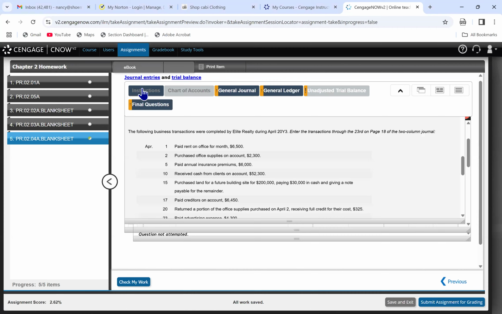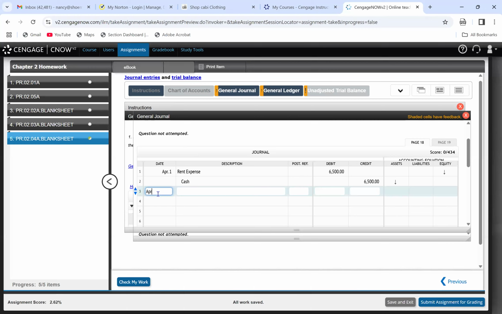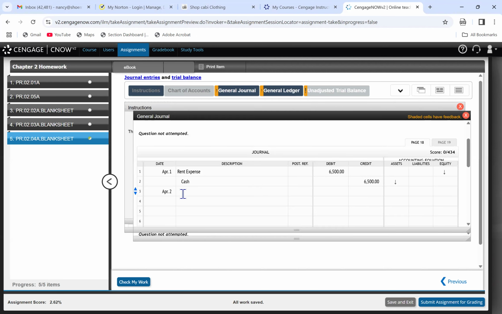April 2nd, purchased office supplies on account for 2,300. Well, I'm going to go here, April 2nd. Purchased office supplies on account. So what that means is we did not pay cash yet. We owe the money. So office supplies for 2,300. Or maybe I need to call it office supplies. Yep. And that's 2,300. And then I'm going to say accounts payable, 2,300. Okay. The next one